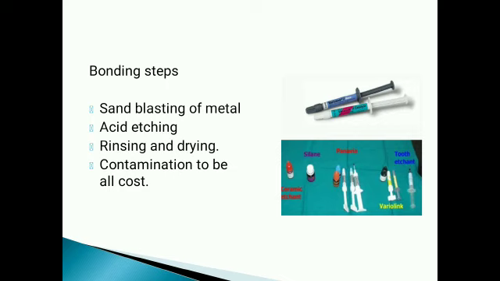a wax pattern of the framework is fabricated and cast using nickel chromium metal ceramic alloy. The pontic is fabricated using porcelain. The pontic is glazed and stained after drying. The tissue surface of the prosthesis should be sandblasted using aluminum oxide. The next step involves acid etching the tissue surface of the retainer.